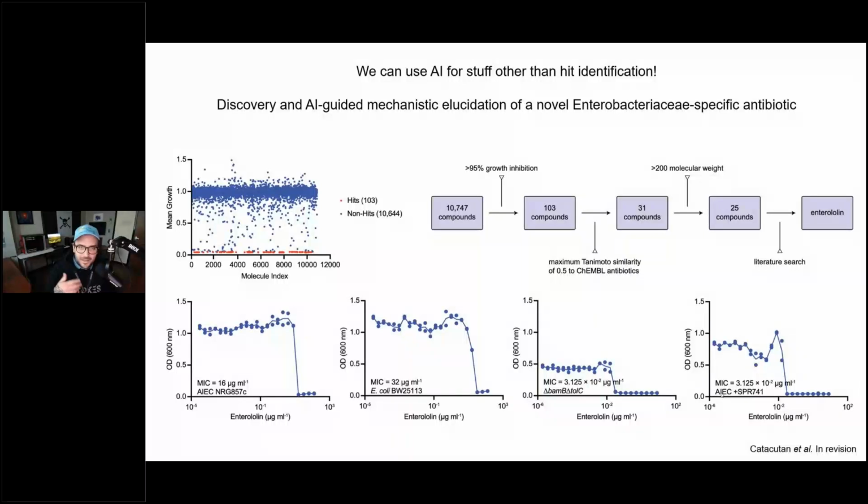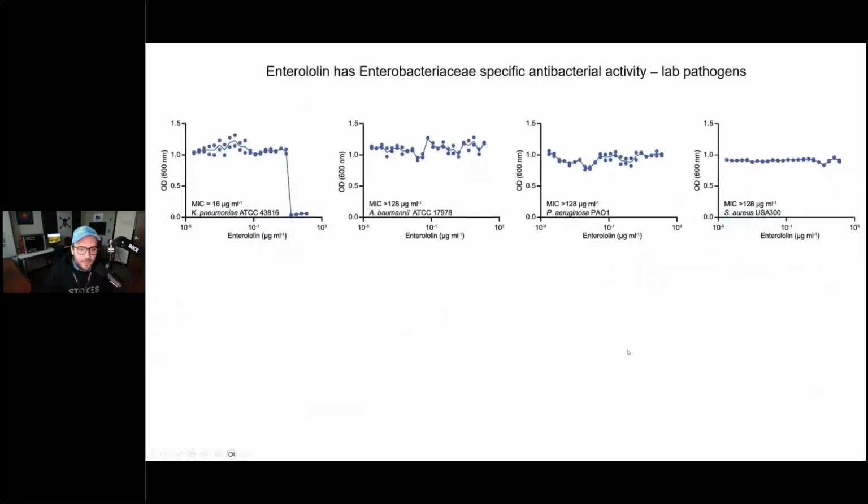We have this molecule that has an inherent outer membrane permeability issue, right? Join the club. There's a ton of them, but we know when it can get to target, it's really potent. So we started studying this molecule a little bit more. And it turns out that it's Enterobacteriaceae specific, right? It has an MIC of 16 against Kleb, which is bad, but it doesn't have an MIC against Acinetobacter, Pseudomonas,